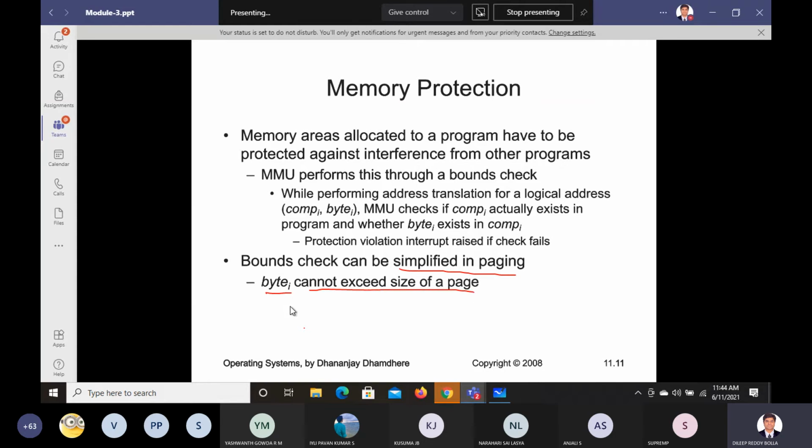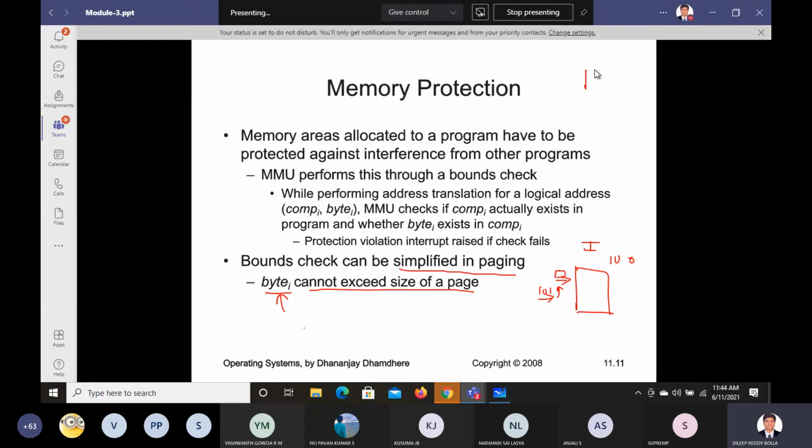Let us say this is your phase 1 project, and we have only 100 houses. We have a security guard here, who will ask you which house you want to enter. If you say house number 101, he can easily identify that house 101 is not there, so you cannot enter the community. Like that, here the byte address cannot have a page number more than the page size.